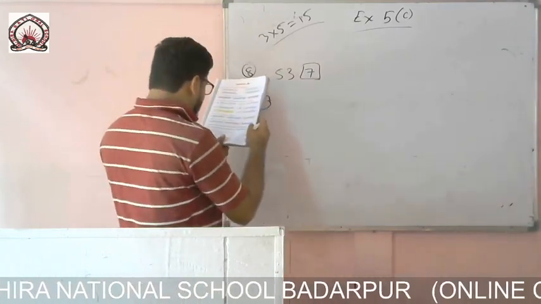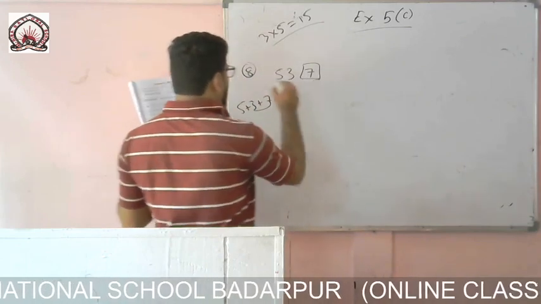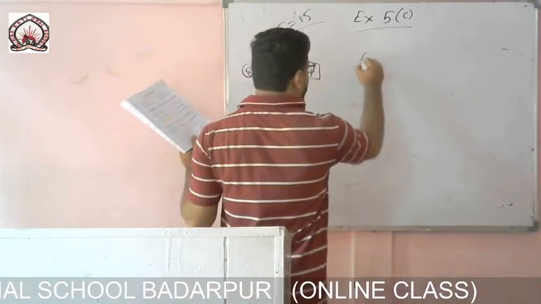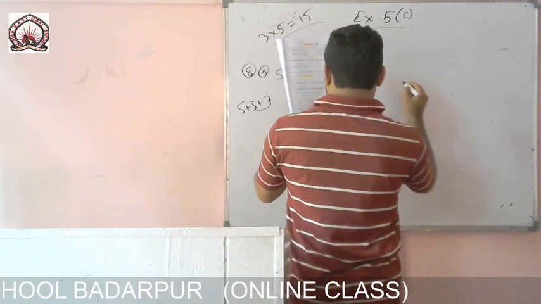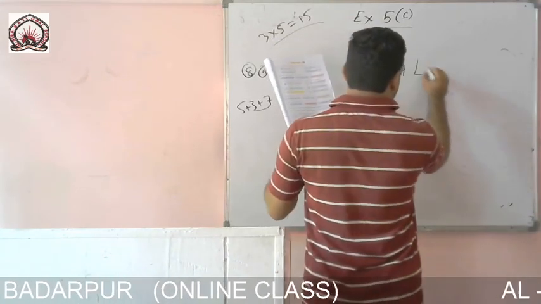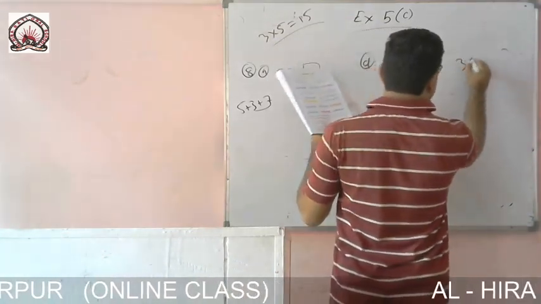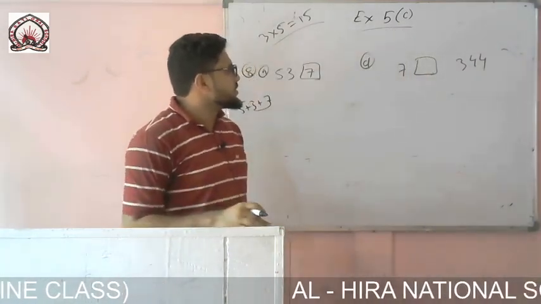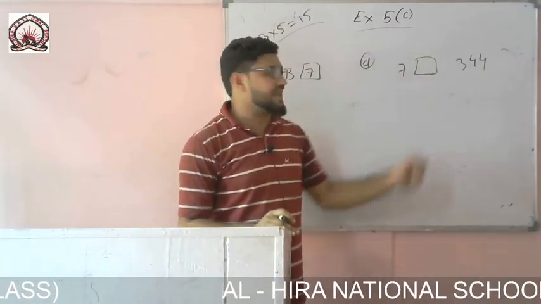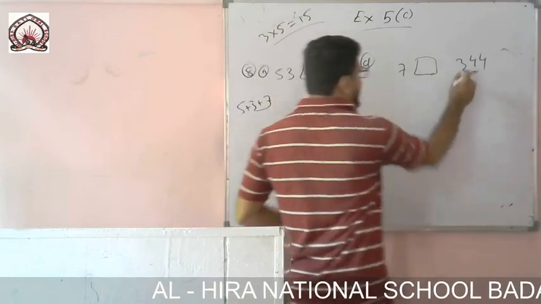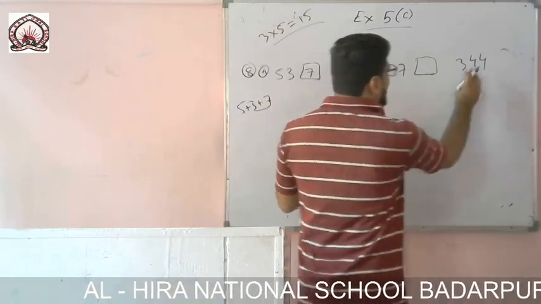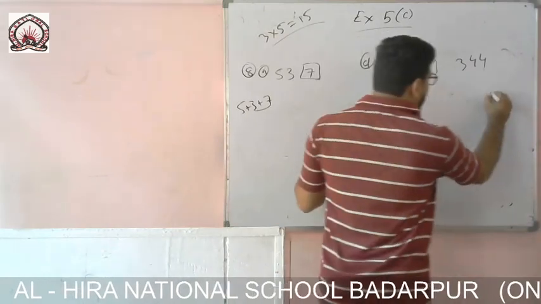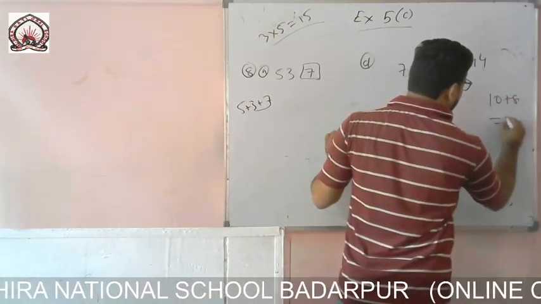Now come to this D. The rest you practice. 7, then box, then 3, 4, 4. Just you see. We have to use the greatest. 7 plus 3 is 10. 4 plus 4 is 8. 10 plus 8 is